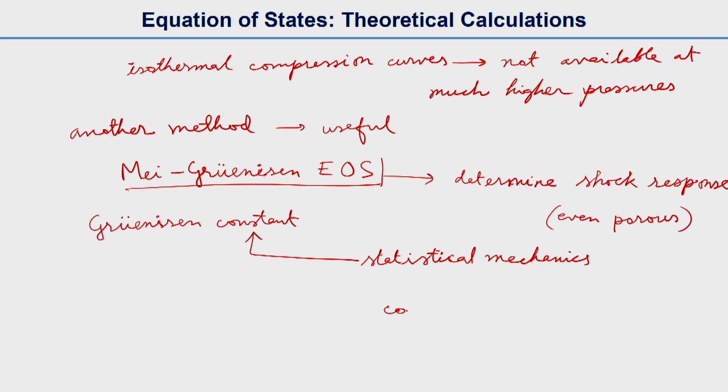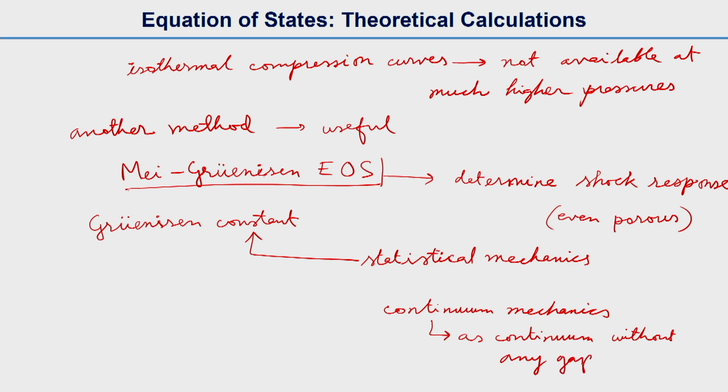Continuum mechanics considers the material as a continuum, without any gap or hole, but statistical mechanics treats the material as a group of atoms,